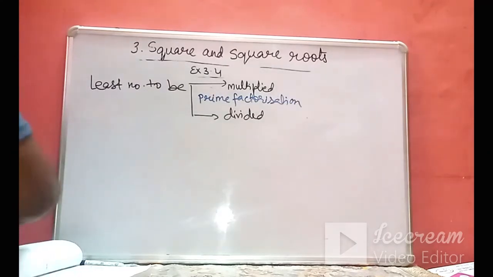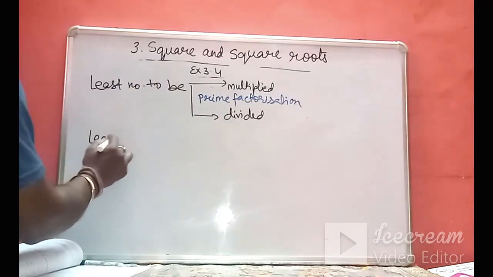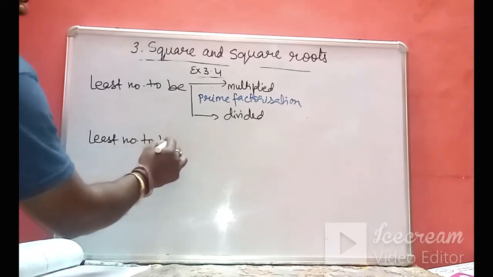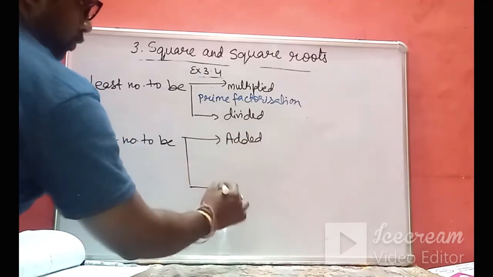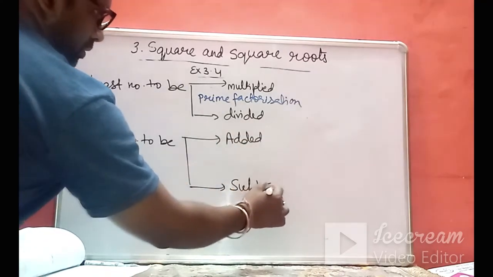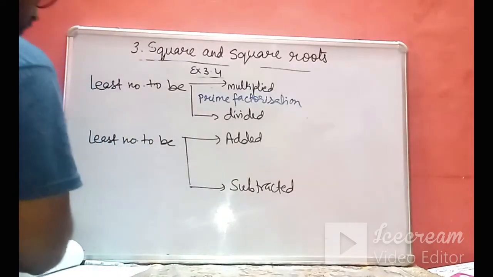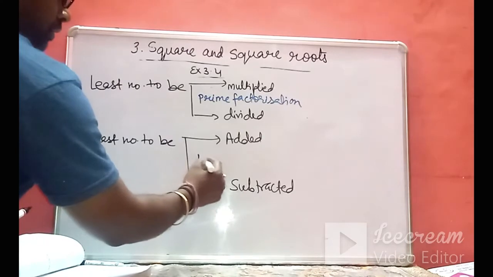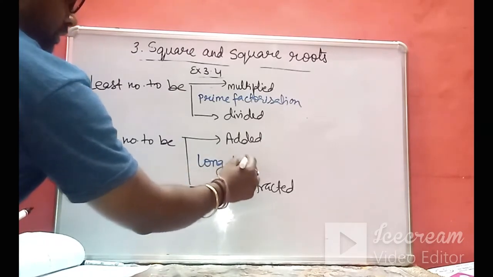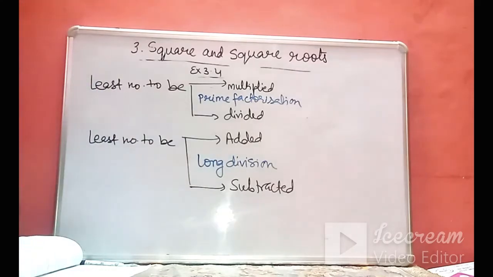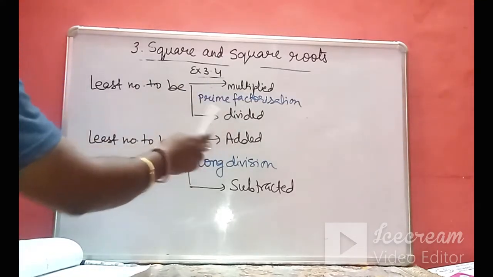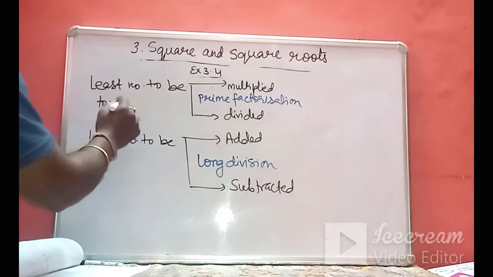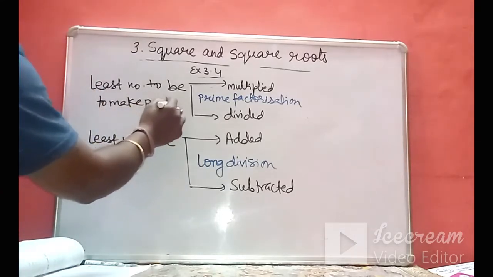Now if the question is like this, least number to be either added or to be subtracted, in this, which method will we use? We will use the long division method. Okay, this method we are going to use. So remember these two things. Whenever you want to find the least number to be multiplied or divided to make a perfect square,